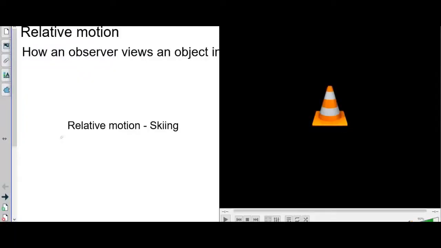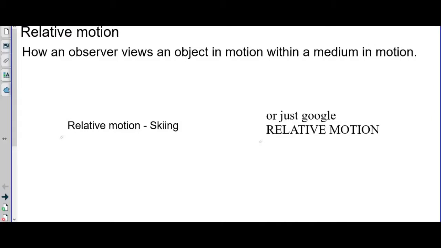That's something that's kind of hard to portray. For instance, there's no real at-rest position on Earth, because technically Earth is always rotating on its own axis. It's always rotating around the sun. And of course, our solar system is rotating around the black hole at the center of our galaxy. So basically, there is no absolute at rest. All you can really do is compare one object's motion to another object's motion. That's what we're going to look at today,